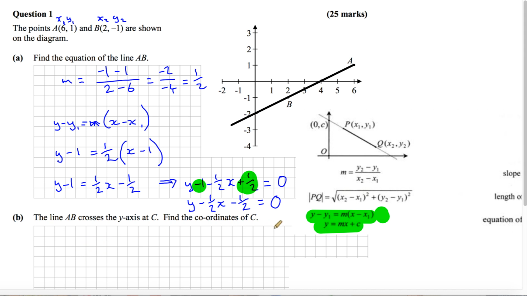in another way, we can do the following. So we can rearrange this equation here into the format y equals mx plus c, into that shape, and then whatever c is will be the y-intercept. So let's just do that. Y